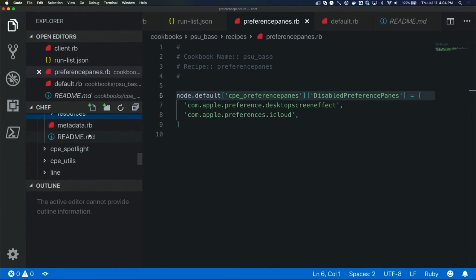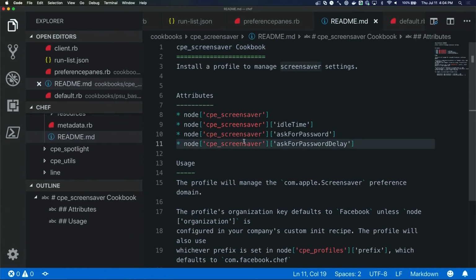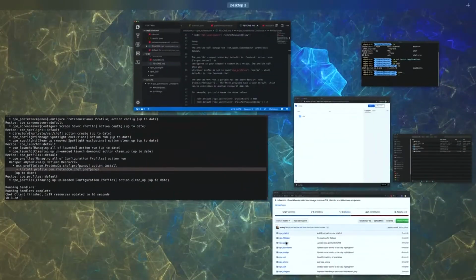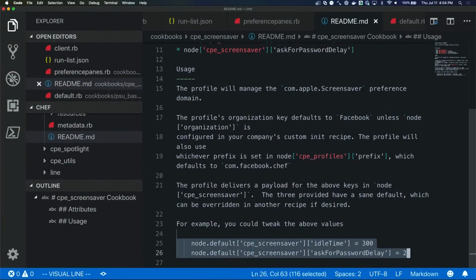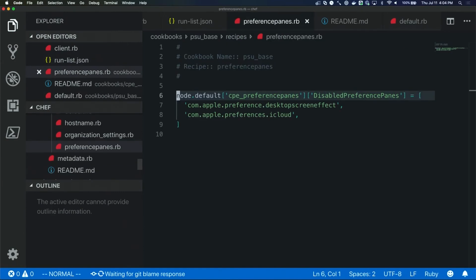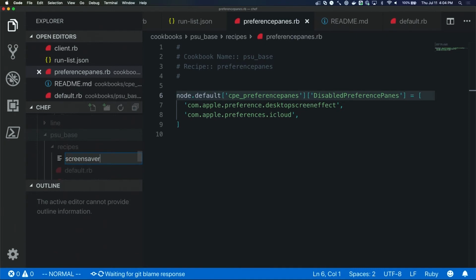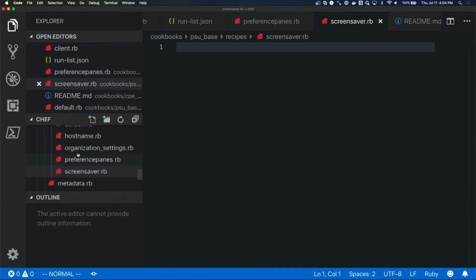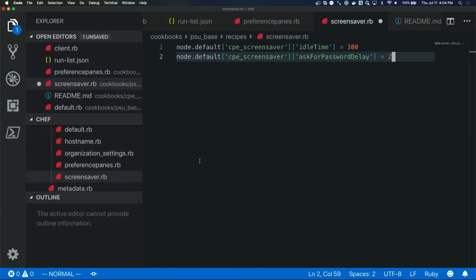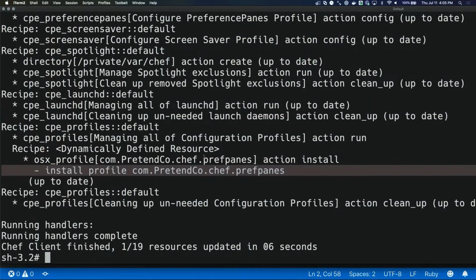So, like most things that I do, I don't remember all this stuff because it's too much, and I'm not like a Jeopardy champion. So, I'm going to go here, copy it all, and where should I put this? Oh, I guess I should make a new one. So, screensaver, just like before, we're just going to name it something that makes sense to you. It could be whatever you want, doesn't have to be screensaver. We'll paste that in there, and we are going to set the idle time to 3 because I hate this user. And the password delay is going to be like 1 because I really hate them. And